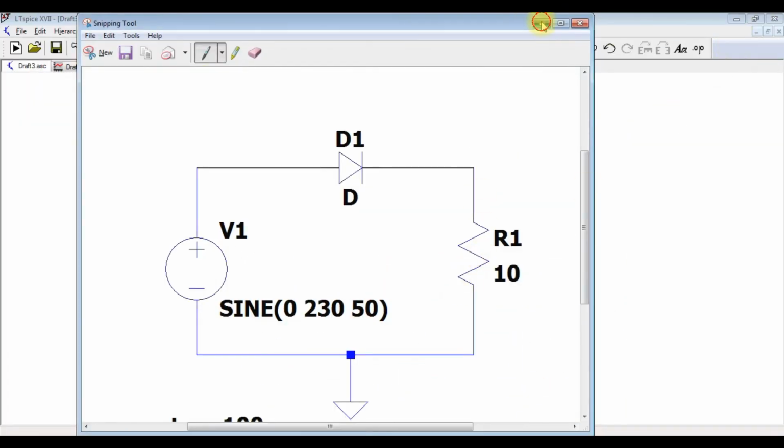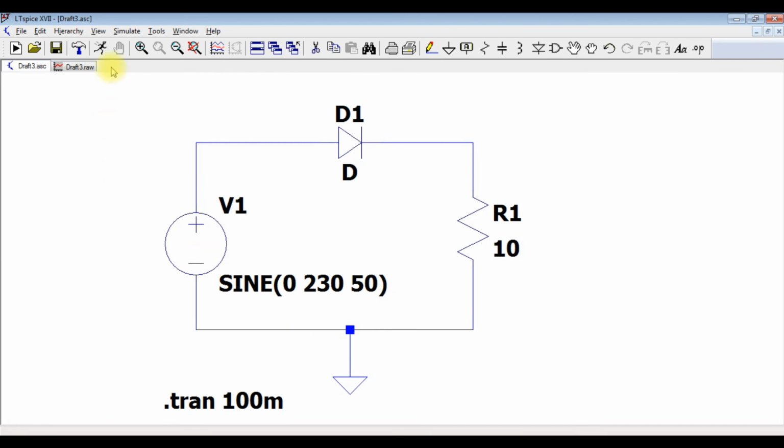So here in this video I just explained to you some basic features of LTspice and how to do the simulation of a single phase half wave uncontrolled rectifier circuit using LTspice. When you want to do the controlled rectifier analysis, things are quite different. You need to add the library of the SCR into it. That I will explain in another video.